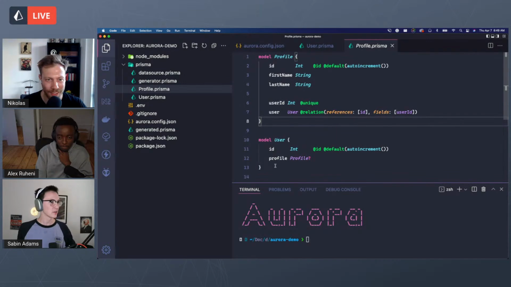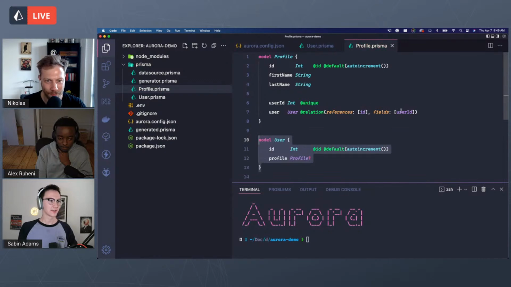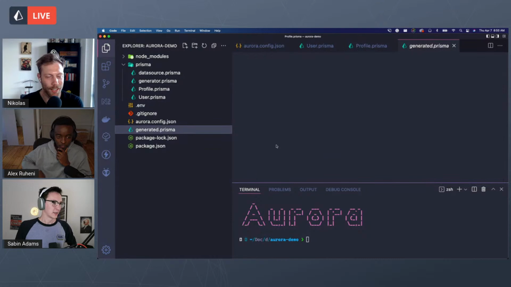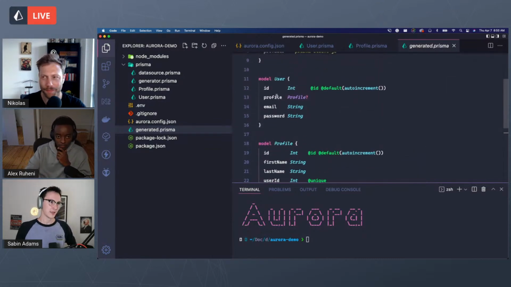Exactly, yeah. And honestly, you don't have to have that there. It would still run properly. But yeah, in order to get rid of those errors, you have to have that there. And then it'll generate just fine. Like in this generated output, you're going to see this user relation show up here